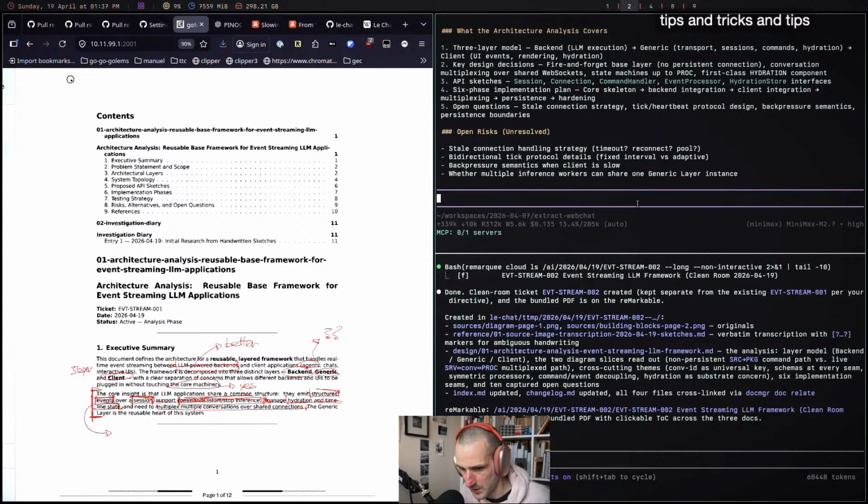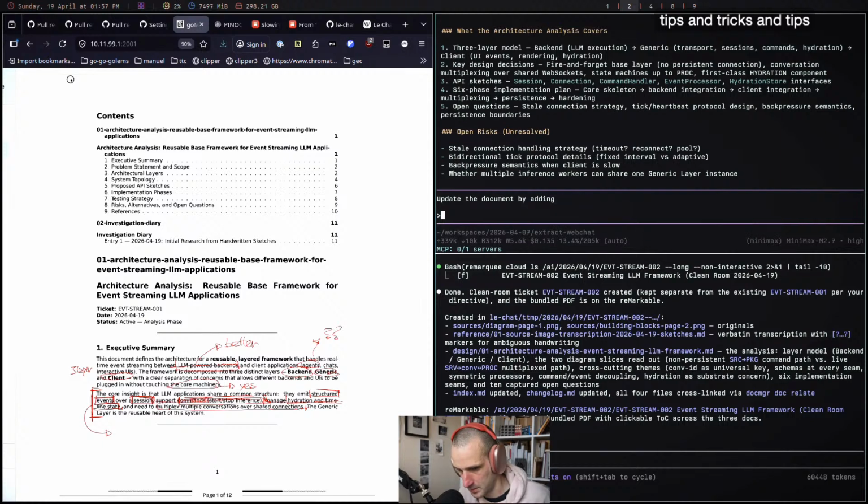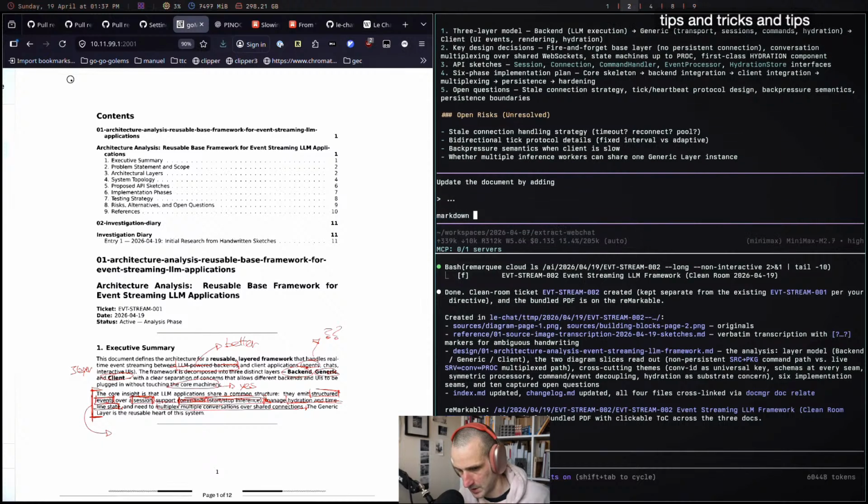I'm gonna try something. Update the document by adding markdown citations for every statement by giving the reason why you wrote it and the original source.